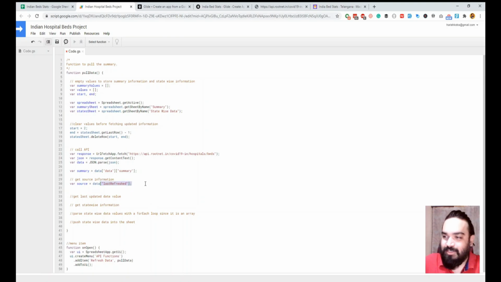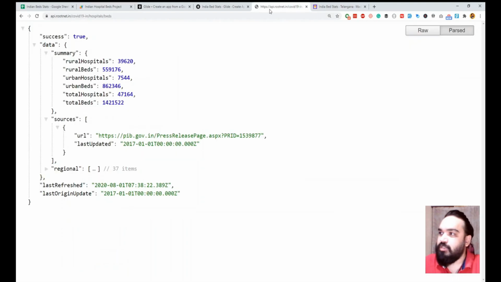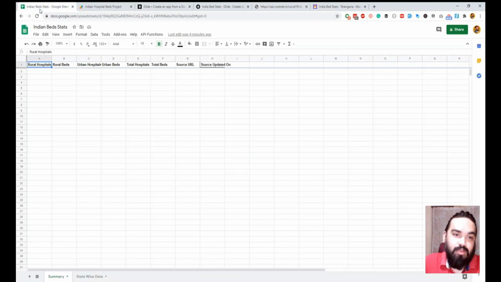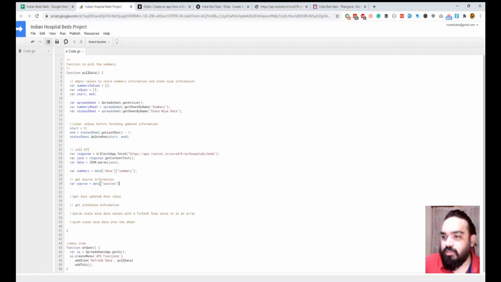So what we'll do here is pretty simple. Inside the sources, just make sure you work with the API and make sure you are writing the right keys to get the right value. Sources of URL is what will be the URL that you will need. So here what we will do is data of, we have missed data because there is another data here. If you want to avoid all of this, you can rename the data variable to something else, which makes it easier. And just take in the first array inside the sources, right?